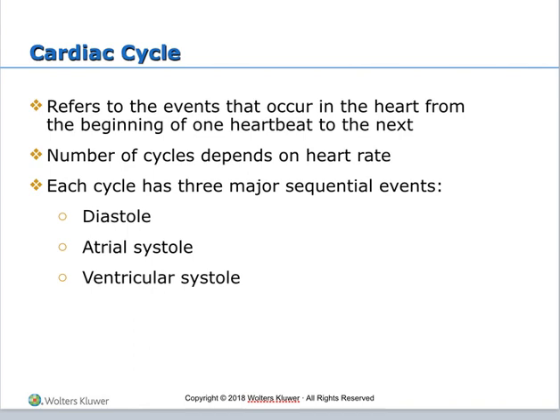One cardiac cycle refers to the events that occur from one heartbeat to the next. The number of cycles depends on the heart rate, how fast it is beating. There are 3 major events that happen in each cycle. You've got diastole, you've got atrial systole, and ventricular systole. So diastole is at rest, systole is contraction, and it starts with the atria and then it transitions to the ventricles